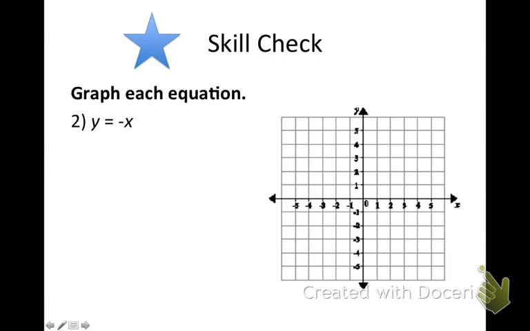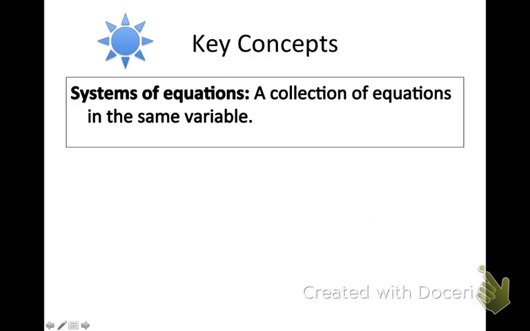We already know how to solve, did that, we can graph. All right, so what is a system of equations? A system of equations is a collection of equations in the same variable. Not necessarily equal equations. A system of equations is a collection of equations